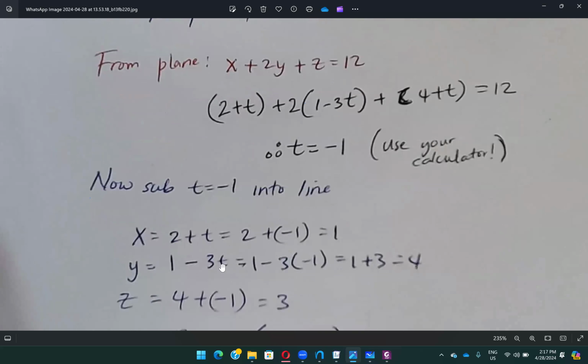So this line is really just saying that it passes through this point, right? It passes through the point 1, 1, 2, and it has this gradient,